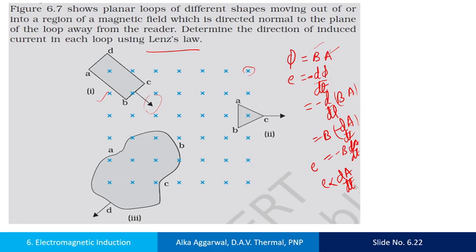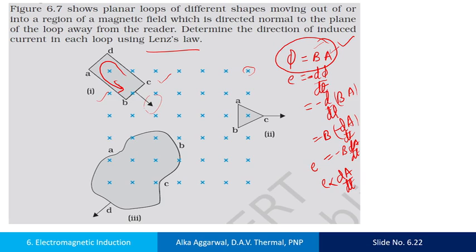The area of the loop in the magnetic field increases. It means the flux linked with the coil increases. So the direction of the induced current is such that it opposes the increase in the magnetic flux. So using the right hand thumb rule, we put our thumb in a direction perpendicular to the plane and in outward direction, and see the curl of the fingers of your right hand. It is in anti-clockwise direction. It means the direction of the induced current is anti-clockwise, that is C, D, A, B, C.